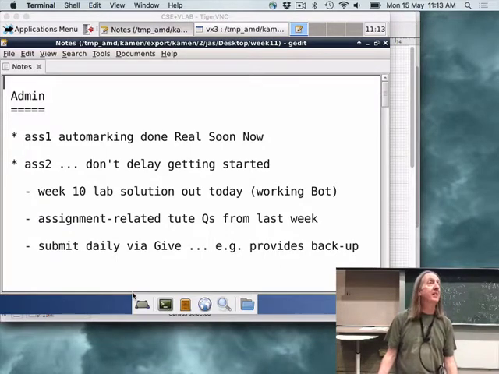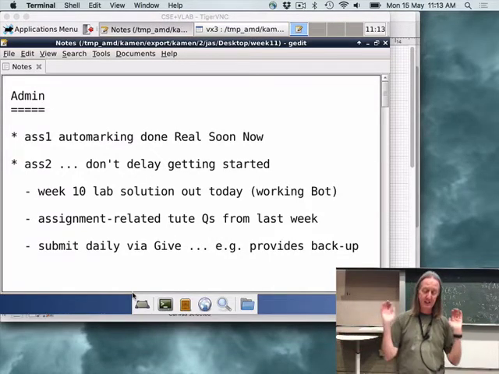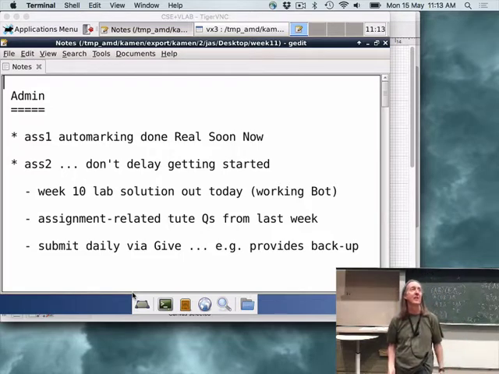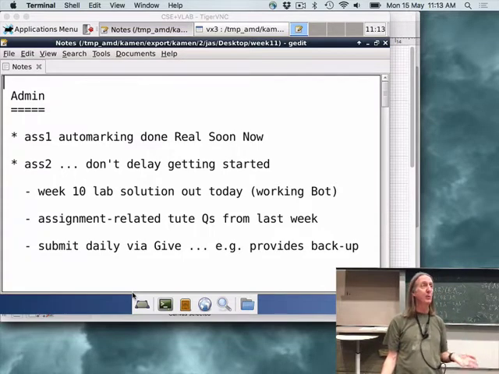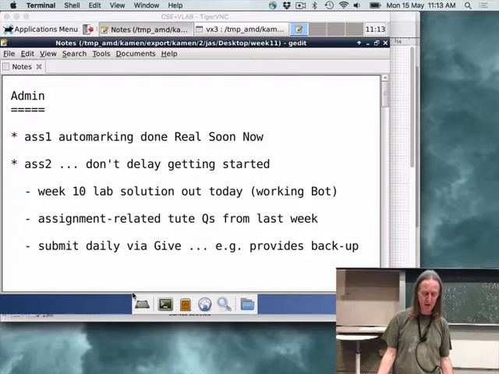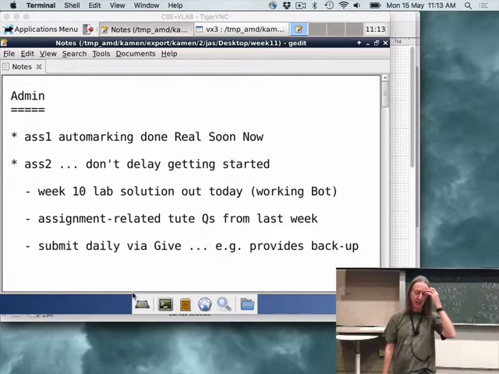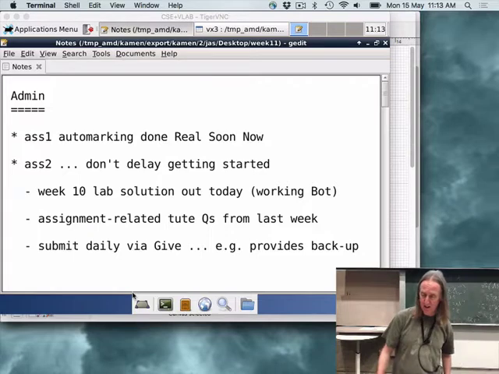There's a couple of things to help. Last week's lab exercise was something to do with a very simple bot that just got petrol. It's been finished, so there's a solution to that. So if you've really got no idea, take that and start modifying it so that rather than just buying fuel, it buys other stuff as well. And apparently there was an assignment related question or 2 in the tute last week, and he's done the solutions to those, so you might get some more ideas there.